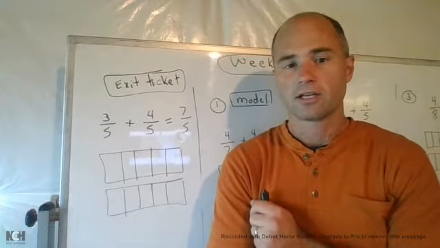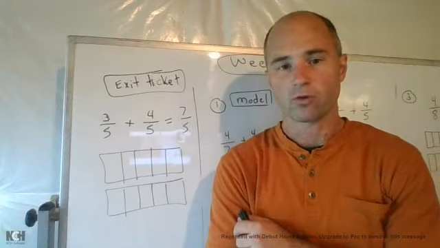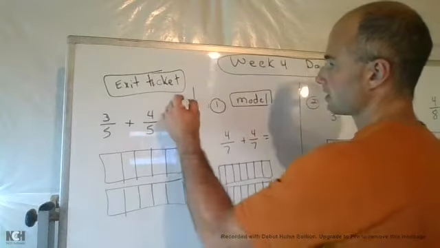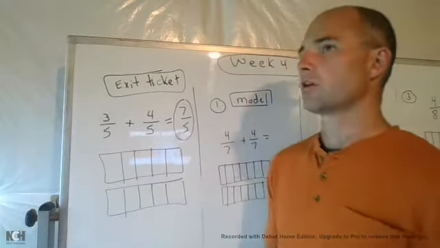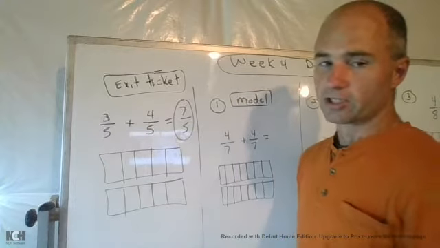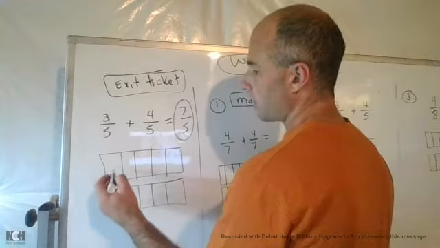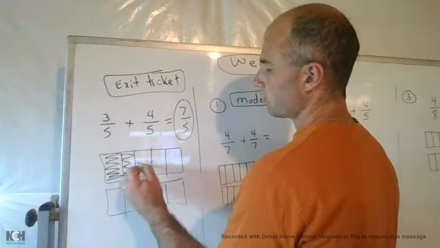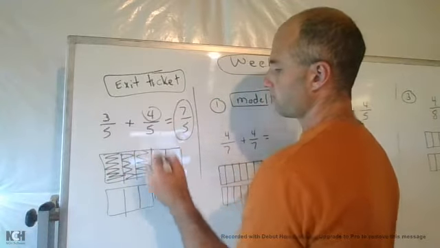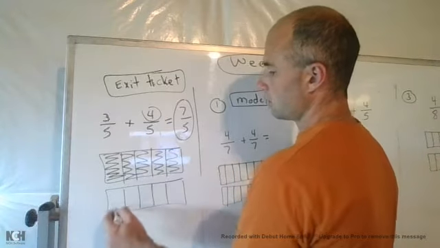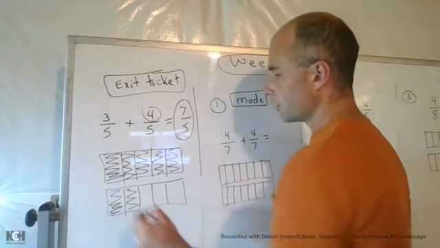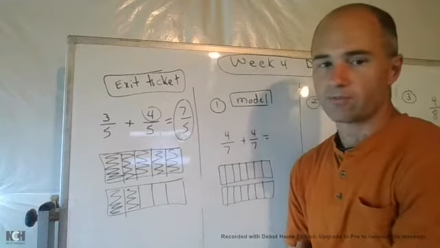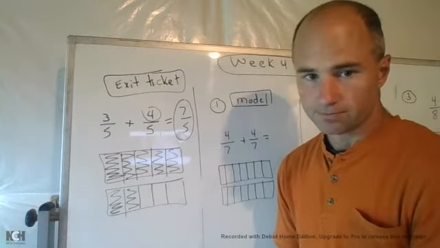Let's go over day 1 of week 4's exit ticket. So 3/5 plus 4/5 is going to give you the improper fraction of 7/5. So how do I do that? How do I prove that? 3, 1, 2, 3, plus 4 more: 1, 2, 3, 4 gives you 7/5. 3 plus 4 equals 7, and the denominator never changes. Now,